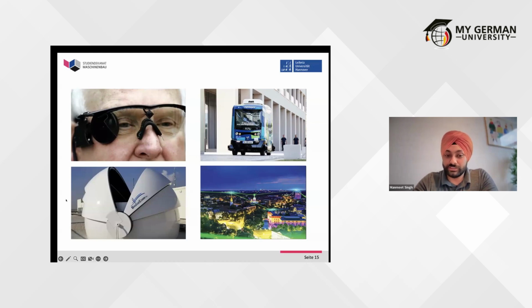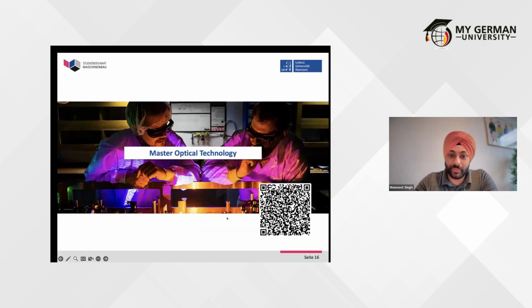These are the SATCOMs, which are used to communicate with satellites. And this is an actual picture from an event in Hannover, which we have once a year. We call it a light evening, where all the main buildings of Hannover are connected using lasers.